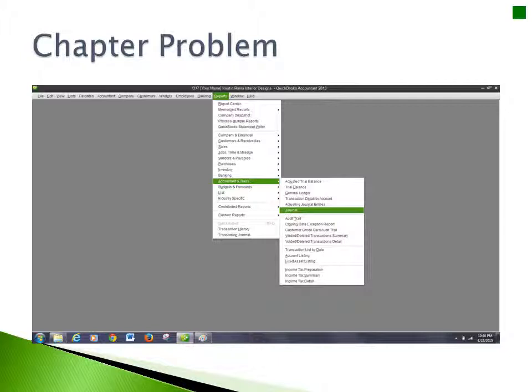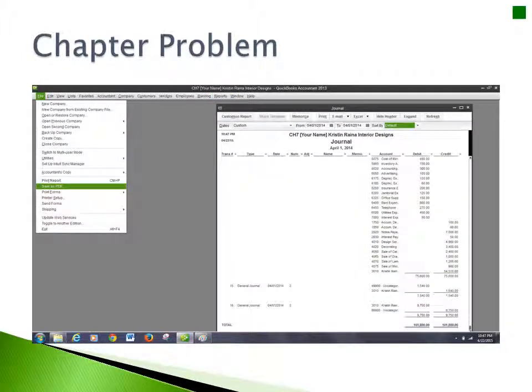To print the journal report, click Reports on the main menu bar, point to Accountant and Taxes, and click Journal. Enter the dates April 1, 2014 to April 1, 2014, and click Refresh. If your balance is different than the one shown on page 7-39, check the hint box in the lower left corner of the page. Click File, Save as PDF, navigate to your Chapter 7 Practice Reports folder, and save the